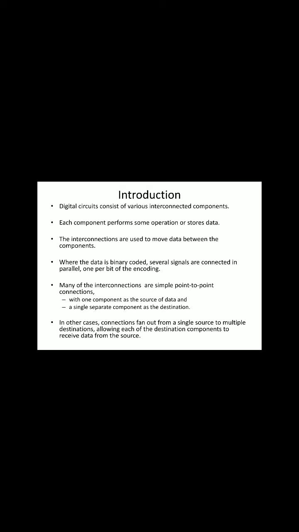The data in digital circuits is in the form of logic 0 level and logic 1 level, and the data transfers from source to destination. There can be a single source and a single destination, meaning only one data is transferred at a time. Or there may be a single source and multiple destinations, meaning a single data is transferred to multiple destinations. Or there may be multiple sources and multiple destinations, or multiple sources and a single destination. What is meant by source and destination we shall clarify from a picture.